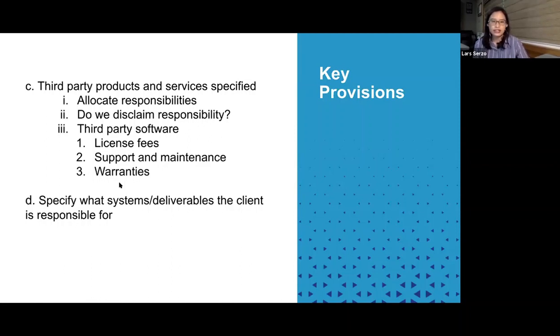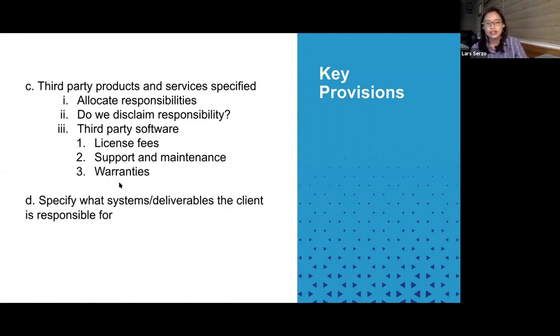And then another thing, in terms of support and maintenance, of course, it works the same way. If you're the customer, you should see to it that the warranties provided by your provider extend to the third-party products, right? Especially if a bulk of the project would actually depend on those third-party products. So now if there's a general disclaimer over all of it, then your contract really does nothing to protect your interest if you're the customer.